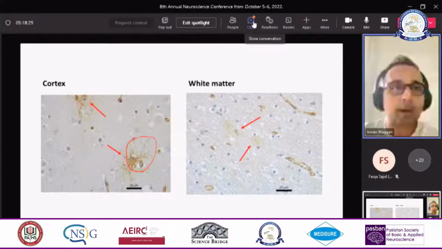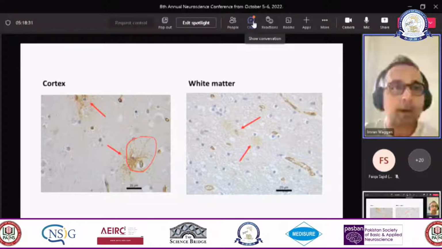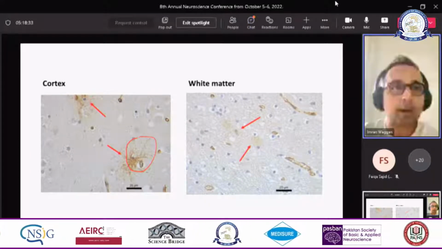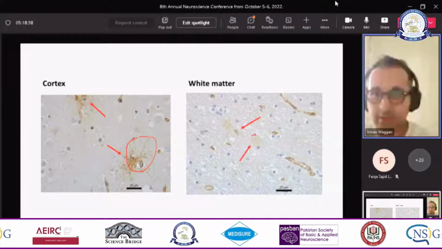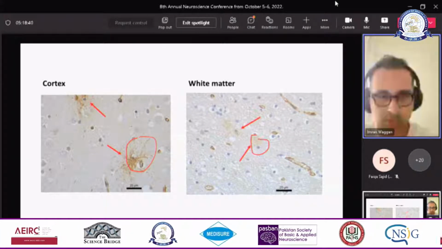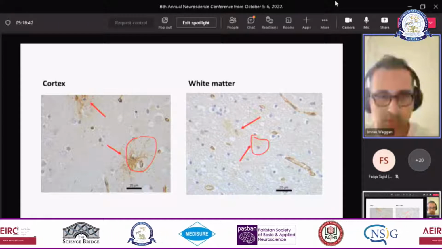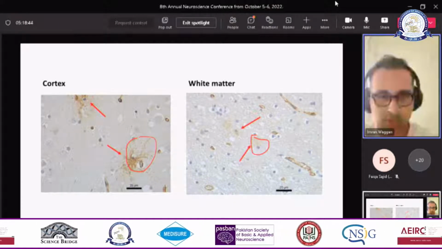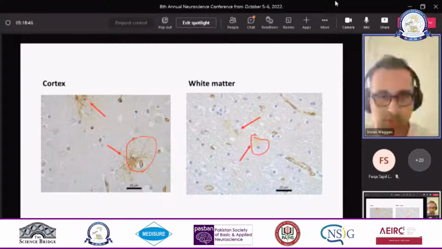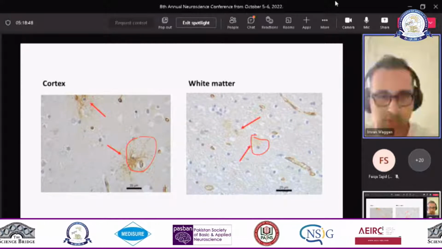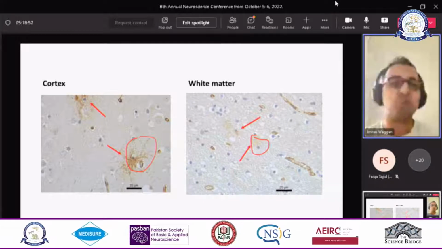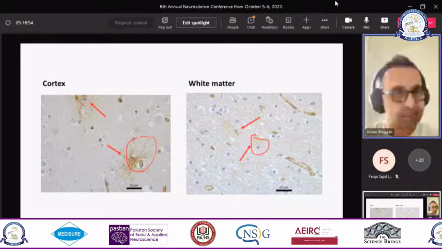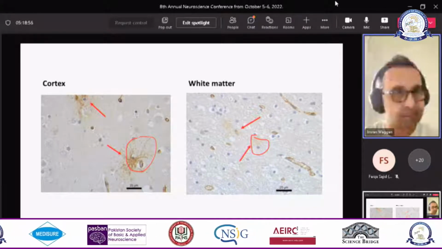All right. So indeed, A2A receptors are present in the cortex as well as in the white matter, as I'm sure you can appreciate. So what is the moral of the story? We like to believe that indeed A2A receptors, or A2A-laden reactive astrocytes, are somehow driving the